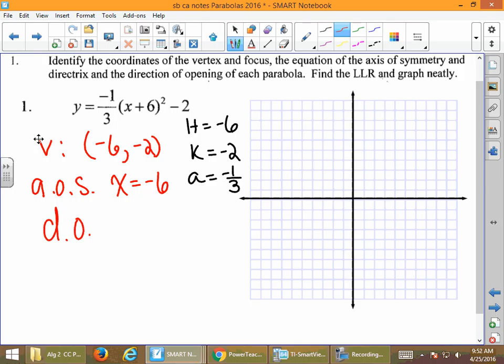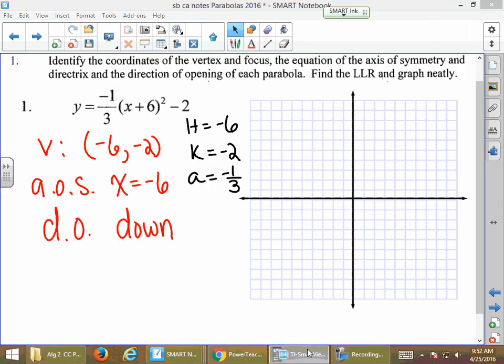DO is for direction of opening. And if we look at this one here, since a is negative, that means that our direction is going to be downward. And the thing is, if we don't know that, the nice part is it's very easy to type this into our calculator on the